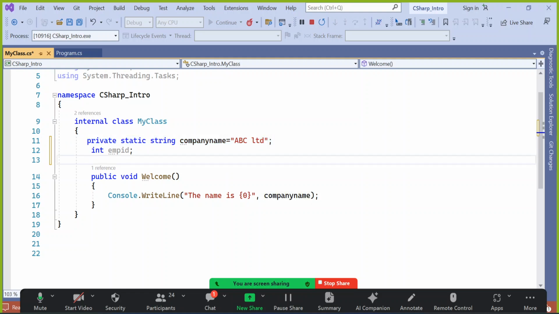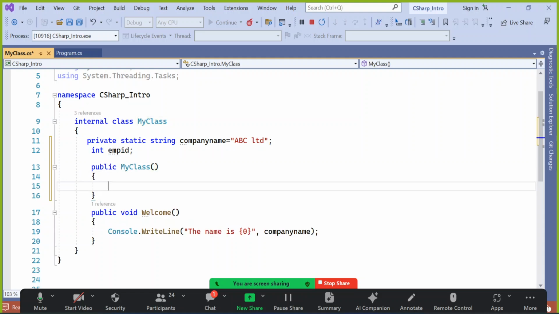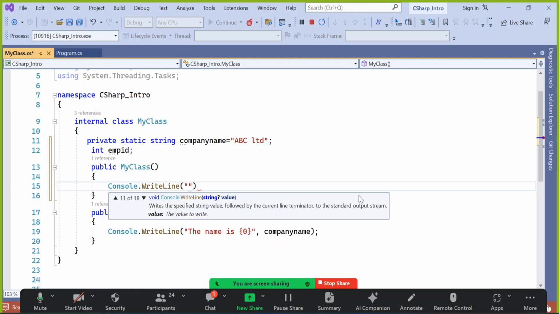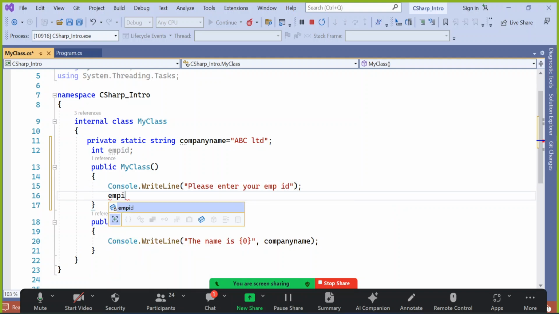So here you go and say constructor. A constructor will start with public because it has to be accessed outside as well. Then say my class, open bracket, close bracket, and curly bracket, open and close. Inside that I can say Console.WriteLine, "Please enter your employee ID", something like that. Then I will say employeeID equal to,